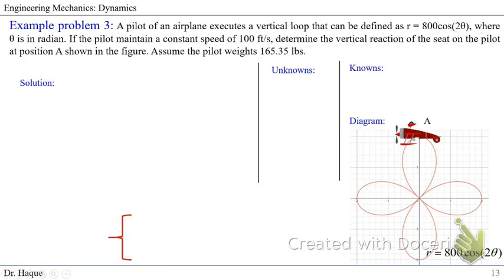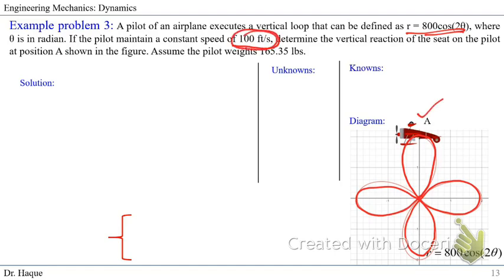A pilot of an airplane executes a vertical loop. It's important that it's again in the XY plane. What this says basically is that the trajectory of the plane is making this loop, like a flower loop, and it can be defined by the equation r = 800 cos 2θ, where θ is in radians. If the pilot maintains a constant speed of 100 feet per second, so here the speed of the pilot and the plane is 100 feet per second, determine the vertical